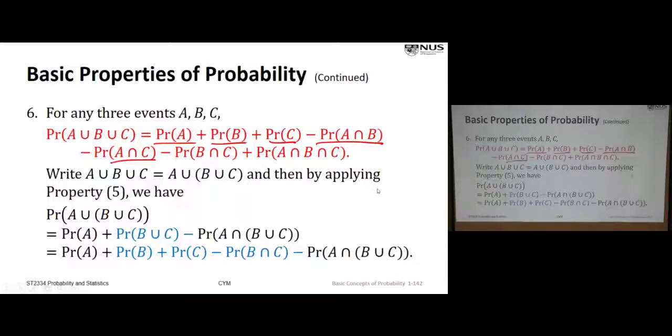Common to A and C, I double count, so I subtract it. And then B intersect C also double count, so I subtract it. But by subtracting 3 times of it, I subtract too much. I have to get back those common to A intersect B intersect C. All right? So,